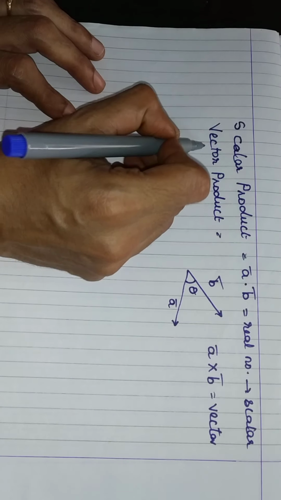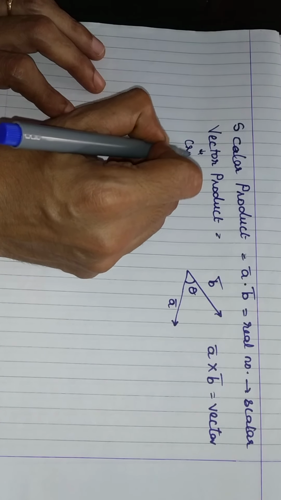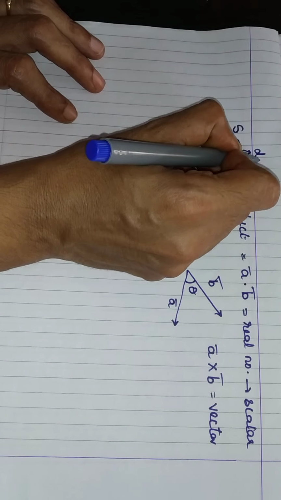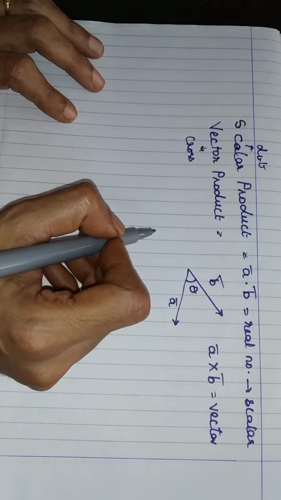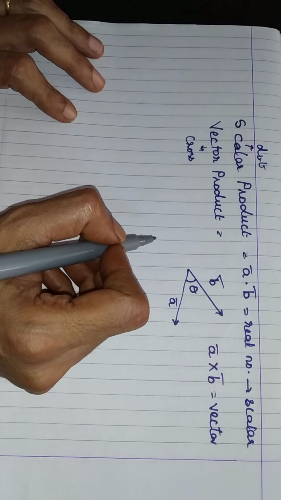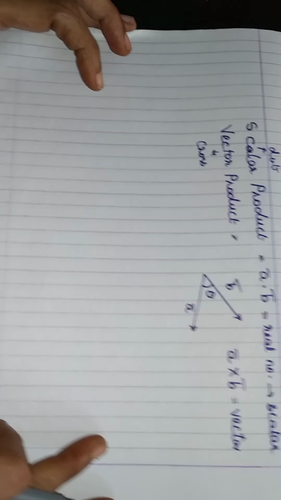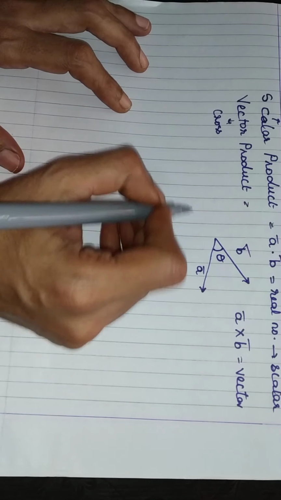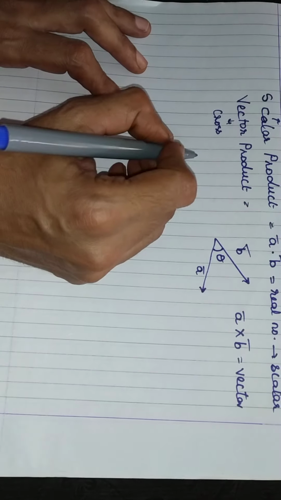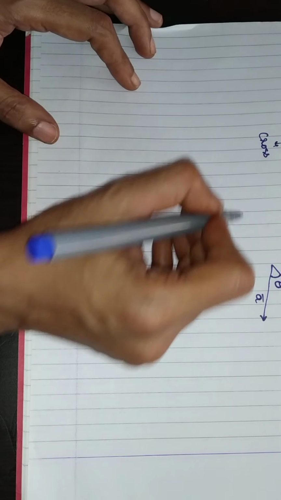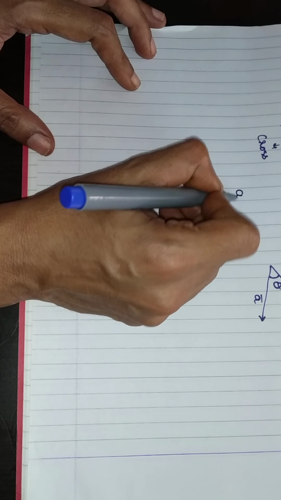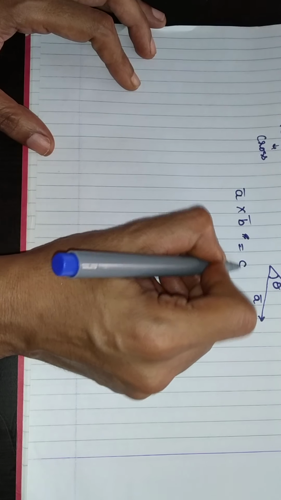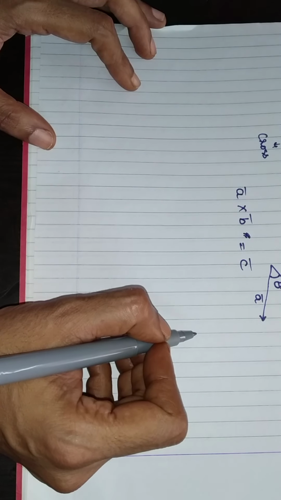So vector product is also known as cross product. Same like how a scalar product is known as a dot product, isn't it? So same way, vector product is called as a cross product. Now let us study a little more about the vector product. Now A cross B, I told you it's a vector. Suppose we have A cross B is equal to C bar, where C bar is a vector.